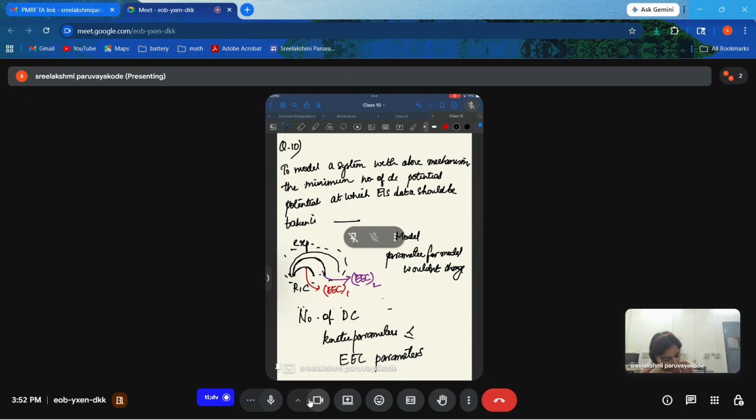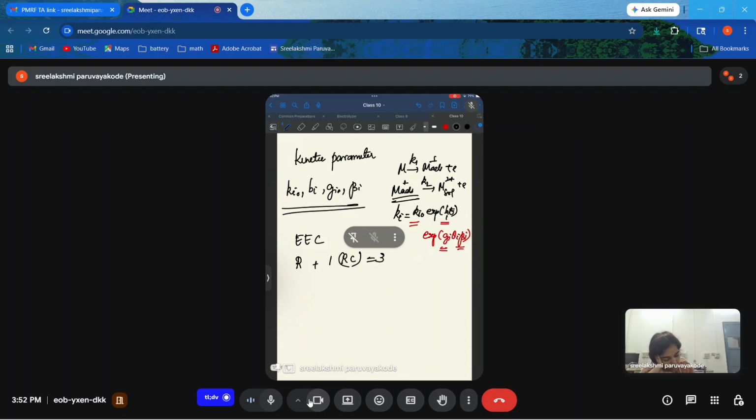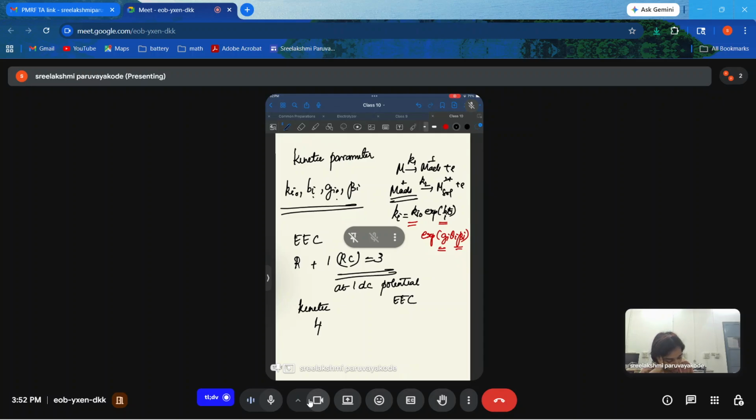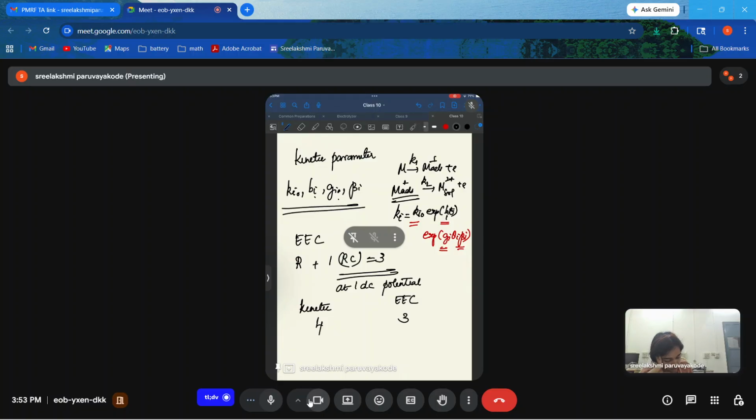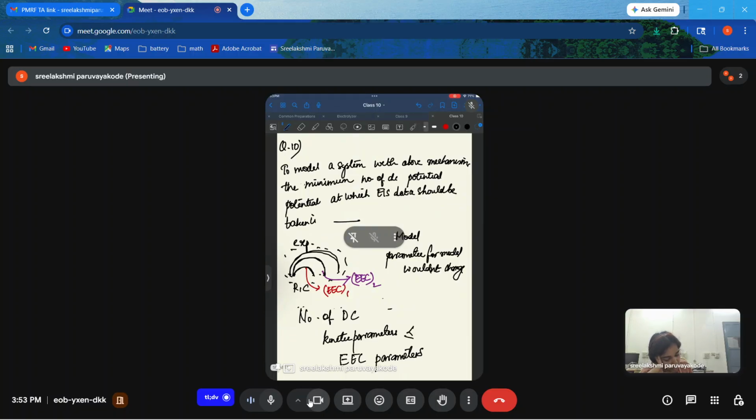For the next one, another 3. So this is at one DC potential. So here, kinetic and EEC. In total, K naught, Bi, Gi naught, and beta I. Here, for one DC potential, you have 3. Now, the number of DC potentials is such that the kinetic parameters should either be equal to